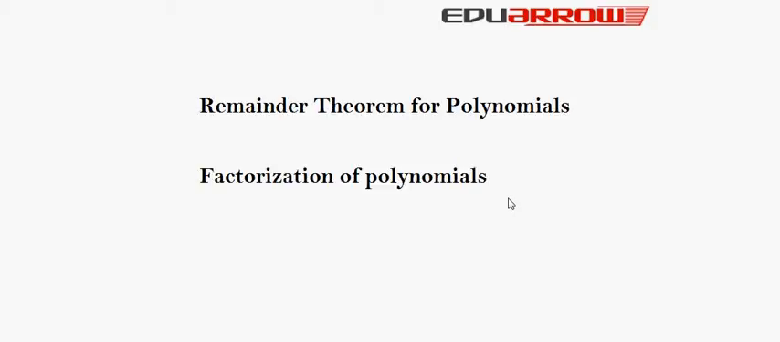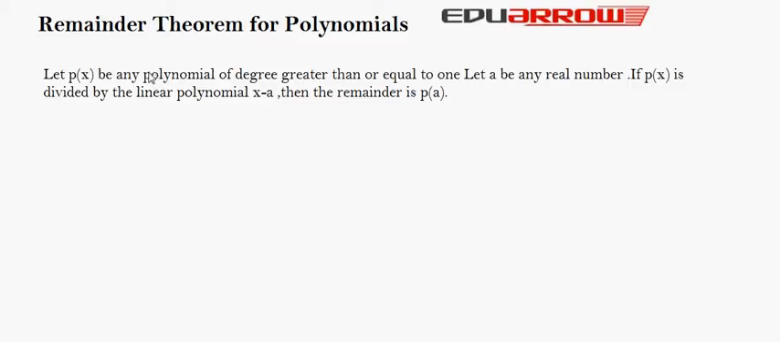In this tutorial, we will learn about the remainder theorem and factorization of polynomials. Now, the remainder theorem. According to this theorem, let P(x) be any polynomial of degree greater than or equal to 1. Let a be any real number. If P(x) is divided by the linear polynomial x minus a, then we have to prove that the remainder is P(a). Proof for this theorem is